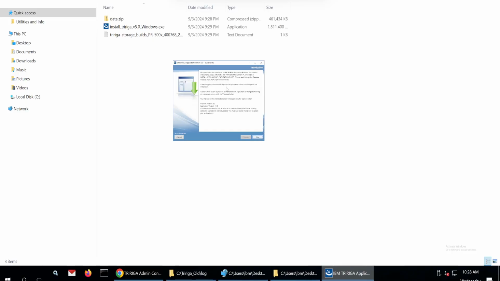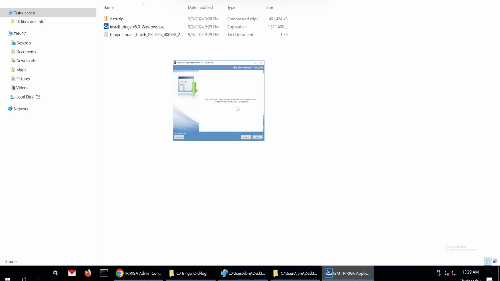As it loads, you can see this window. You can click on next. Then you need to accept the license terms and agreement. Click on next, and here one thing I would highlight: if your operating system does not have IBM JDK, then the installer will automatically install that. And once you click next, it will say which path it will typically install into,